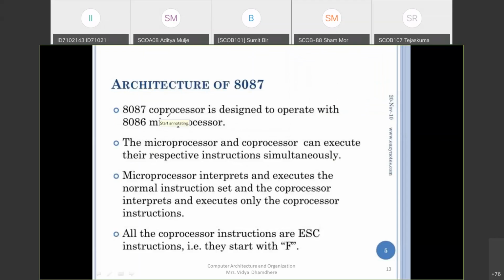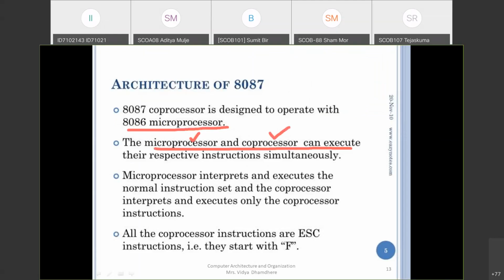As we have seen, this 8087 co-processor is designed to operate with the 8086 microprocessor. So the microprocessor and co-processor are going to execute their particular instructions simultaneously. As I said, the microprocessor has its own instruction set and the co-processor also has its own instruction set.